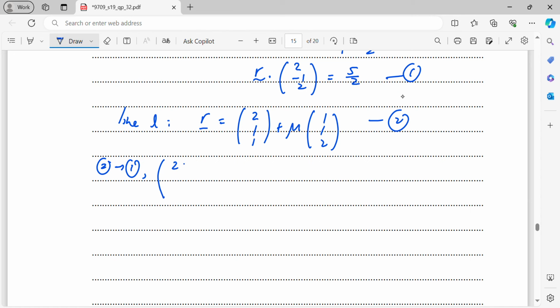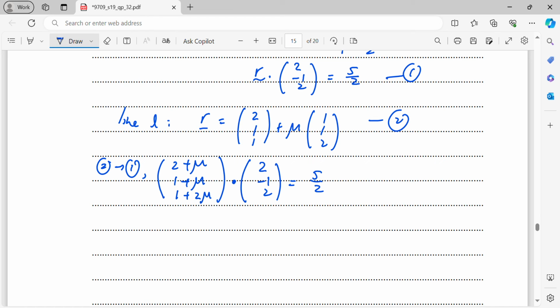It will be 2 plus mu, then 1 plus mu, just open the brackets, then 1 plus 2 mu. That is my second equation. Dot with (2, -1, 2) equals 5 over 2. This is to get the mu. That mu will give you the point P, and hence you are getting the position vector of point